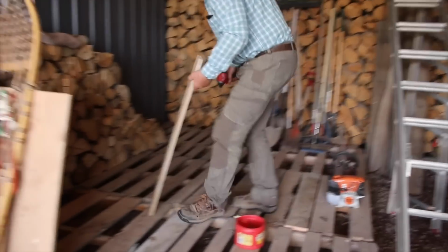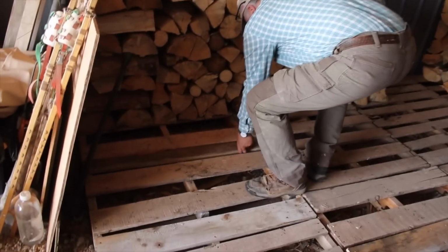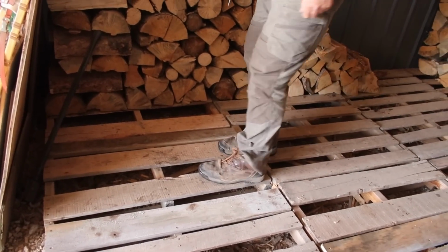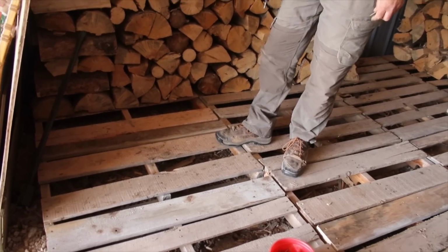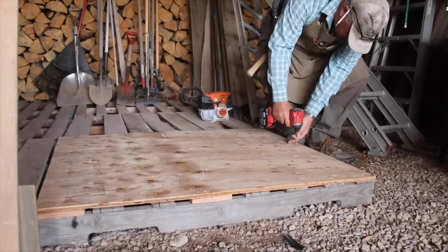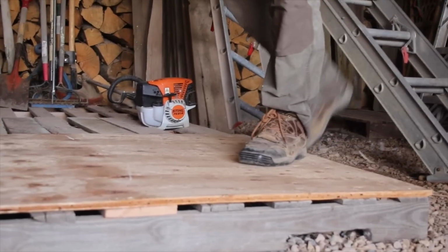Make your picture happy. Like to have it to where I don't feel like I'm gonna fall through. You know, this one, they got it. It's just the wrong spacing to put a foot through. Yeah. That you're not gonna